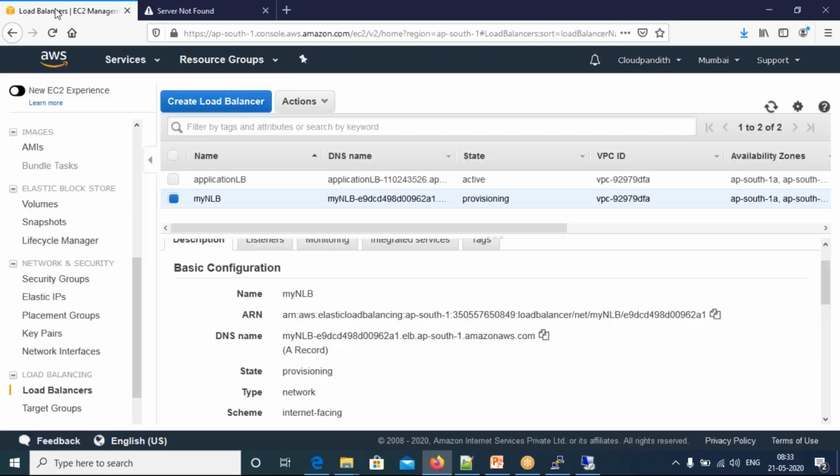The thing is, NLB is still provisioning. So that is the reason. Just wait a minute so that it comes into the active state. See, this application load balancer is active, but our NLB is not active still. Let's wait a while.